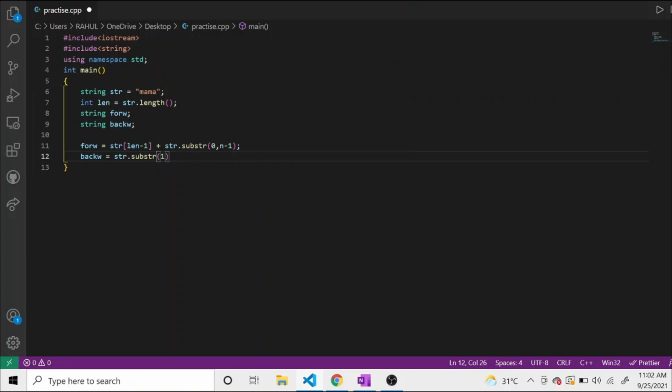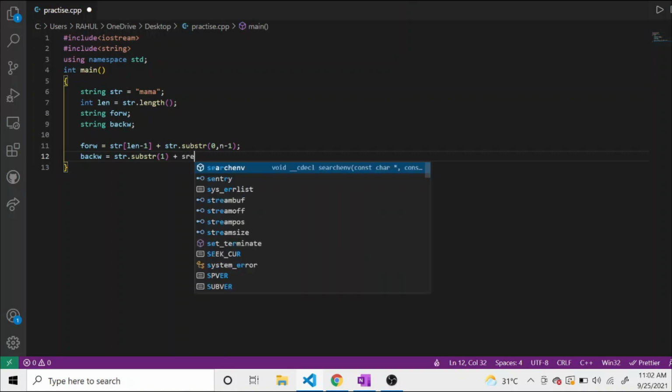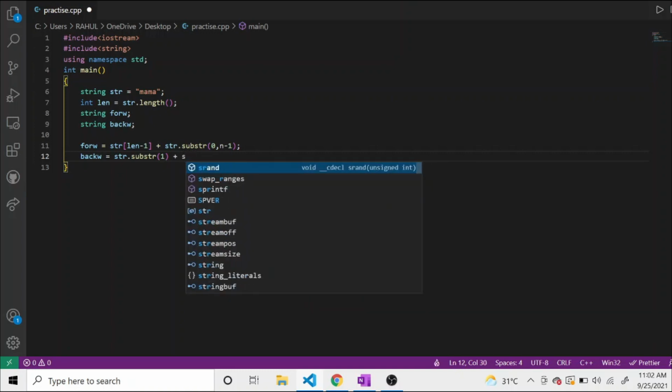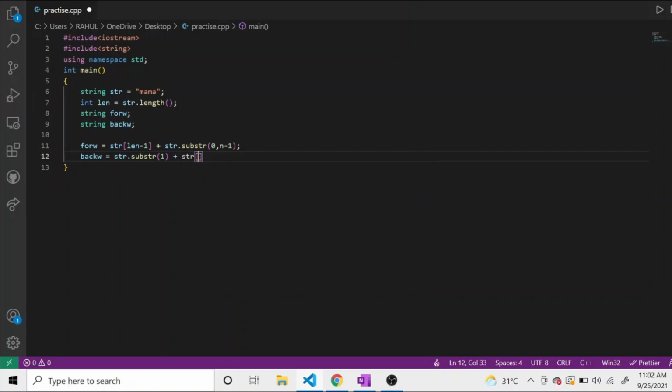We are not passing the second argument because we have to take all the elements till the last, and we will concatenate it with str of 0, because in the backward shift the first element comes at the last position.